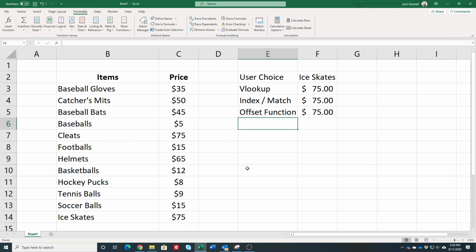Index match is going to be best used when the user choice that you're looking up is in a column that is to the right of the data point in which you're trying to return. In this case, let's just say the price was in column B and the items was in column C. Then you would want to use index match, because VLOOKUP doesn't go right to left, it goes left to right. So index match is very efficient if you're looking up a value that is to the left of the user